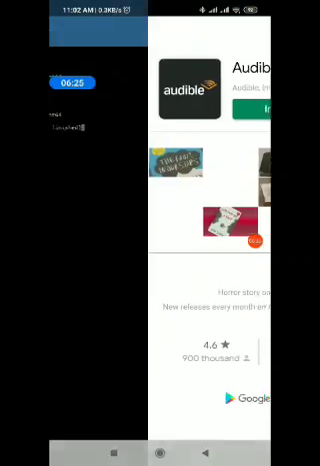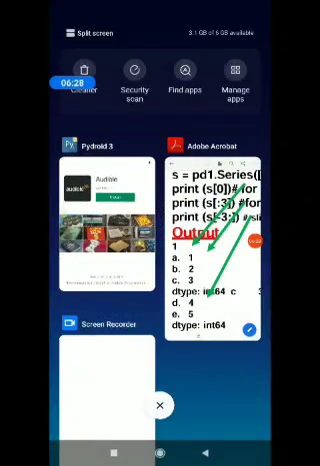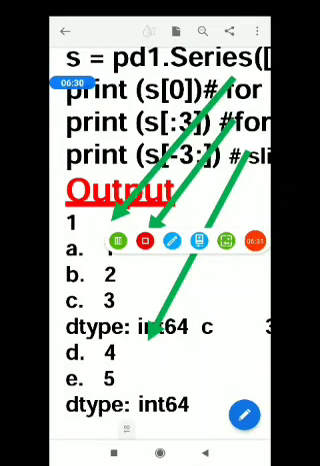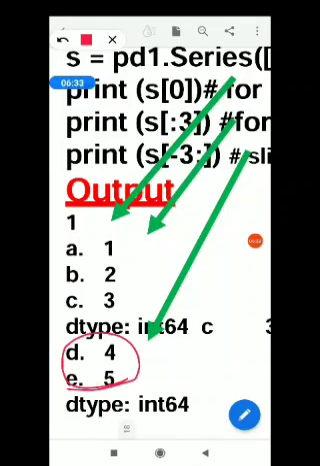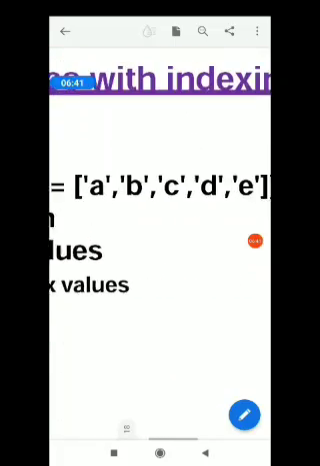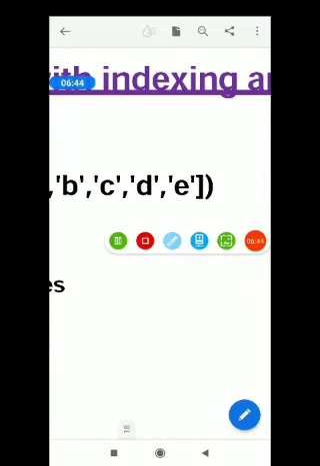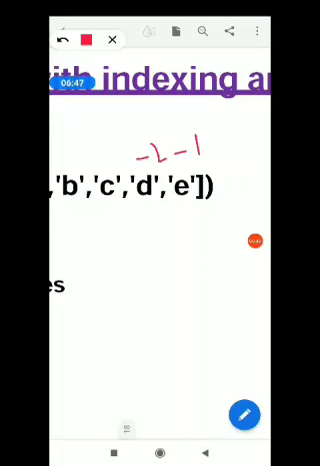Yes. Yes, students. See the output here for the last slicing. That is what I want to discuss here. I also get the output C equals 3, D equals 4 and E equals 5. Here the output is not showing correctly, as minus 3 will give you the index locations starting from -1, -2, -3.